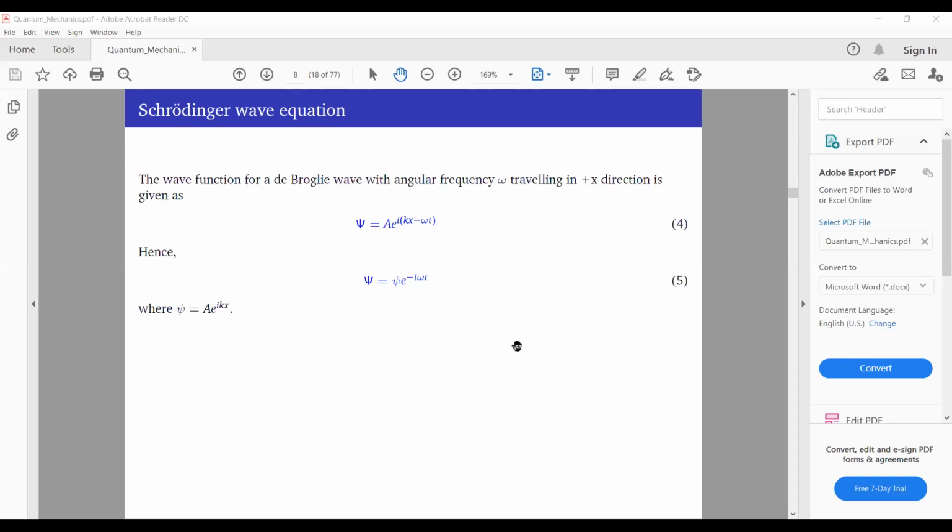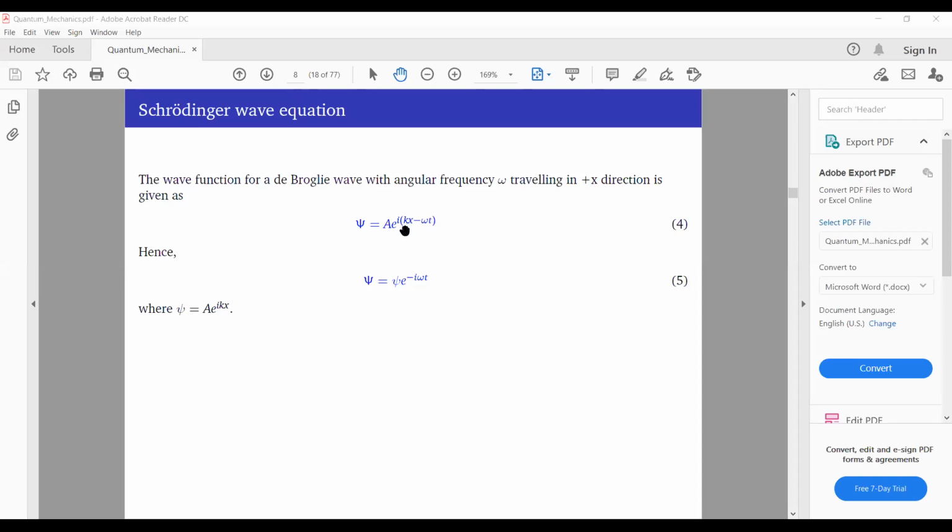Continuing with the previous lecture, today we are going to set up an equation of motion for the matter. Let's consider that the wave function can be expressed as a function of position and time. So let's take that it is traveling in positive x direction. Then the wave function capital psi is equal to a constant A into exponential i(kx minus omega t), where